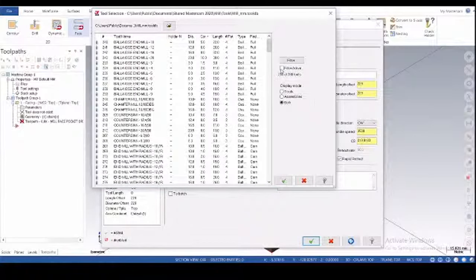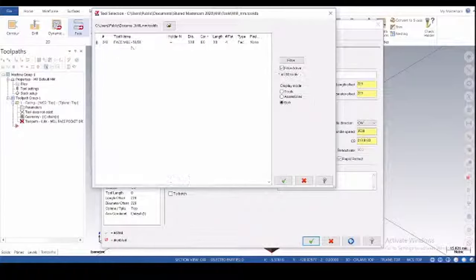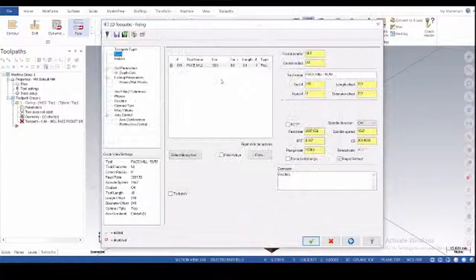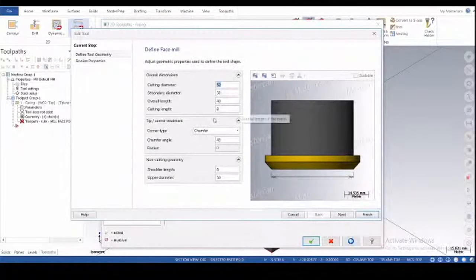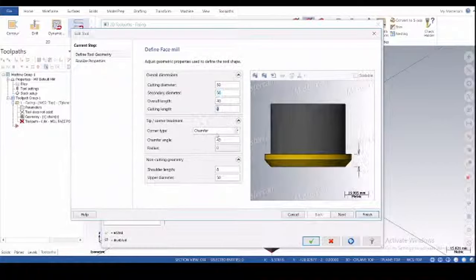After filtering I just got a face tool of 50 diameter and clicked OK, and you can also modify that. On right click of the tool you go to edit tool, and here you will get cutting diameter, secondary diameter, overall length, cutting length. Okay, and whichever corner type you have on your tool, you can give that also.